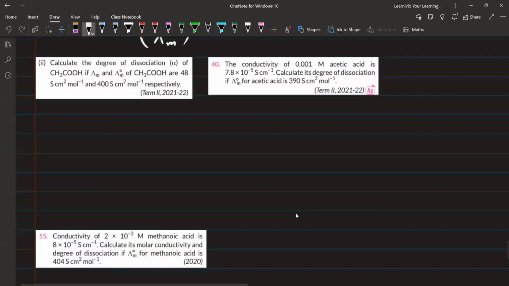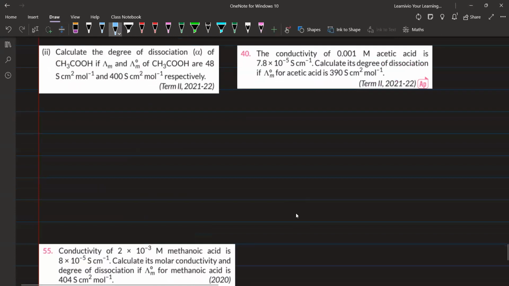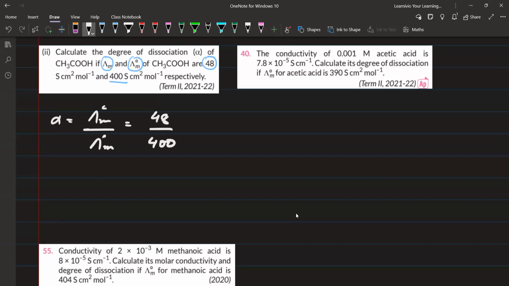So I've taken 3 questions, ठीक है, ध्यान से देखिए, आसानी से हो जाएंगे सारे सवाल, you don't have to worry too much. See the first question. Calculate the degree of dissociation of CH3COOH if lambda m and lambda naught m of CH3COOH are 48 and 400. तो देखिए, अल्फा निकालना है आपको, this is equal to lambda m upon lambda naught m, lambda m at particular concentration which is 48 and lambda naught m 400, that's it, आ गया आपका आंसर, सवाल खत्म।